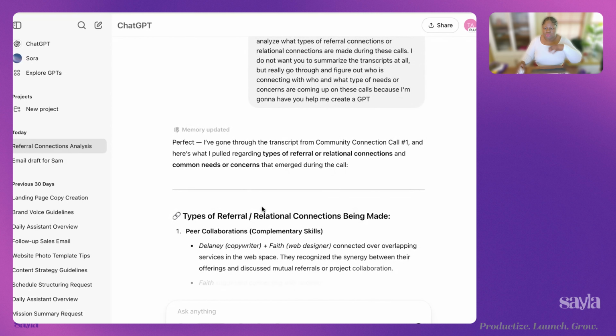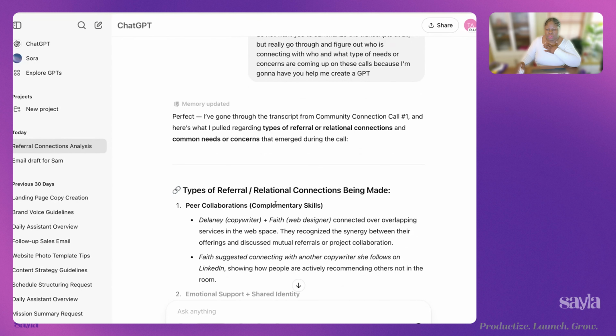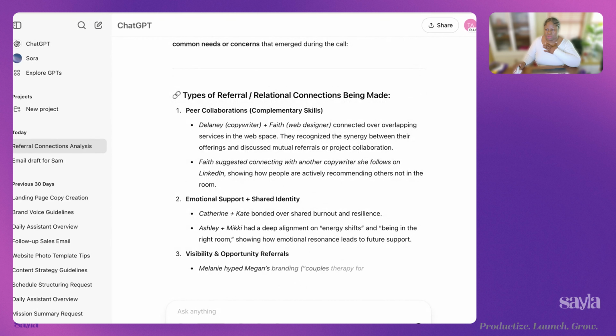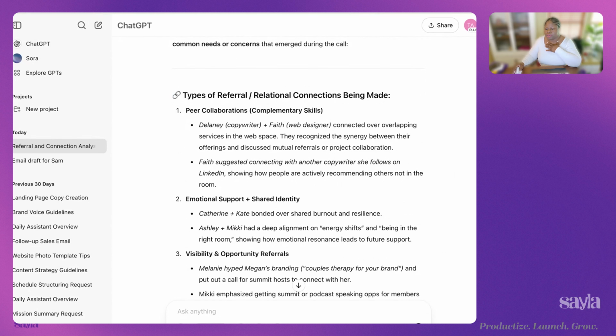Okay, so it is picking up on the types of things that are happening on these calls right now. Mel asked how picky ChatGPT is with spelling errors? Not really. Unless it's a spelling error that changes the context of the sentence, it figures it out.